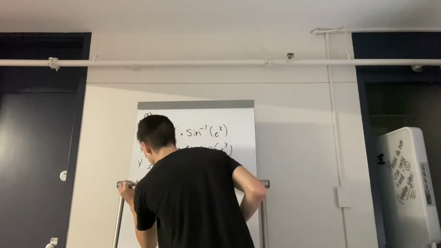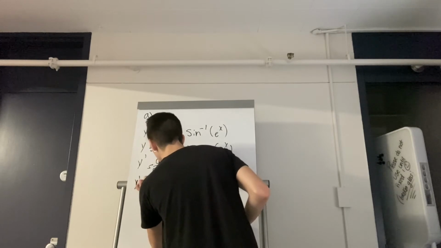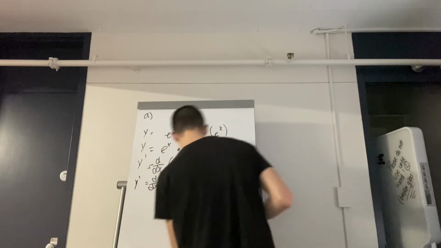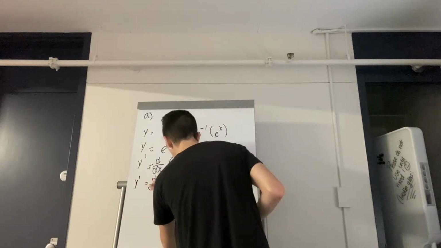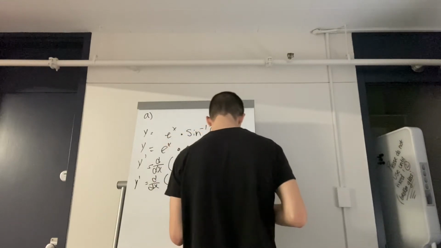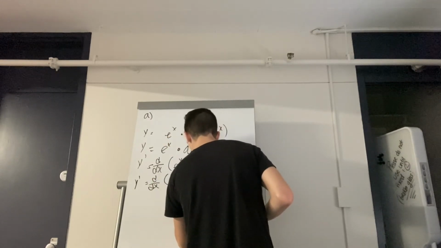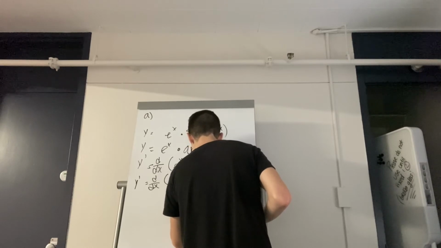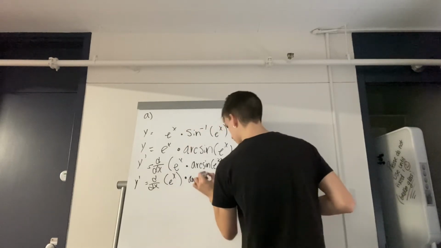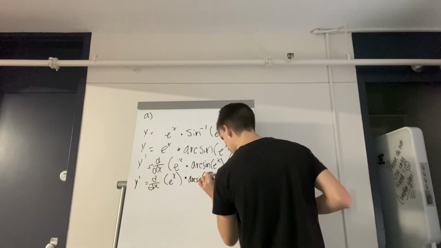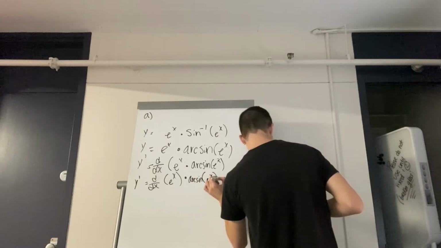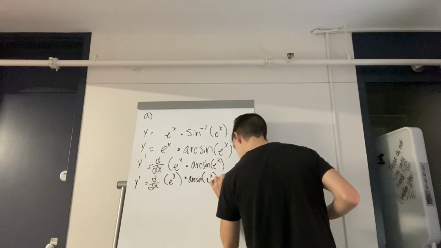So that goes to y prime equals d over dx of e to the x times arc sine e to the x, plus e to the x